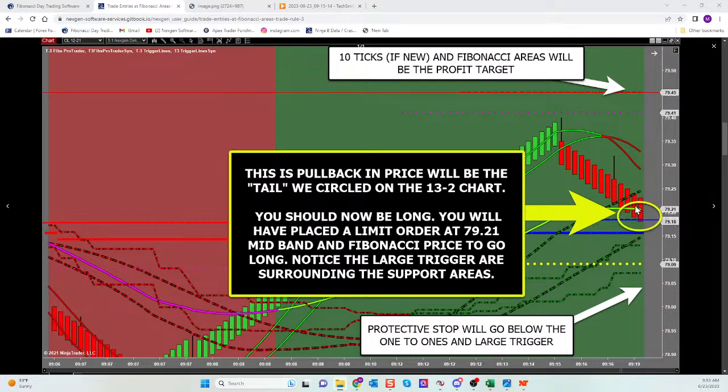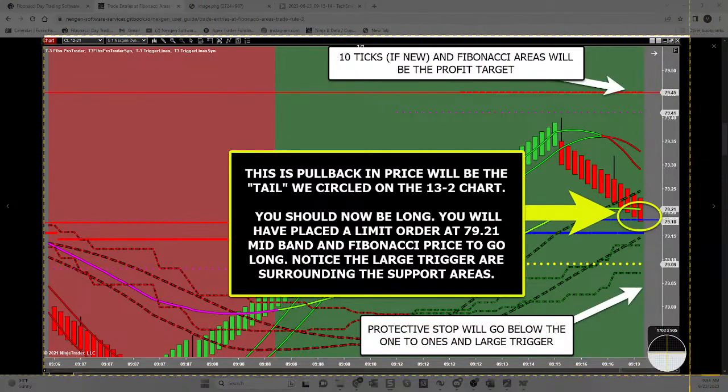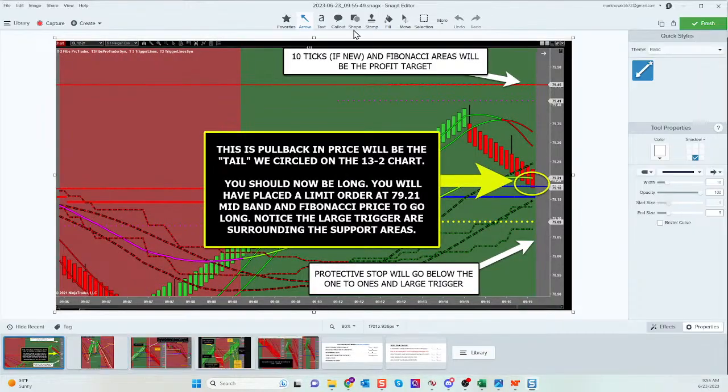When you enter at the top of the window because of the momentum, because of the clear path, your stop is going to go below that window of opportunity where that market should not go. And let's take a picture and do one more little definition of your window of opportunity. When that reversal bar starts, guys, you're looking from the top of the triggers to the bottom of the triggers, right? That's a pretty big area.